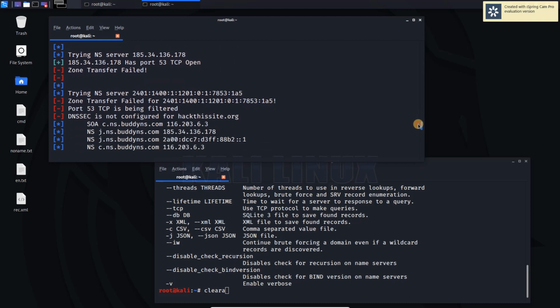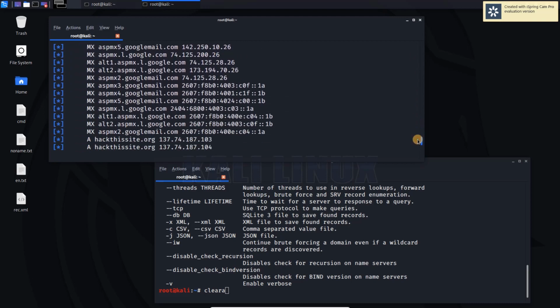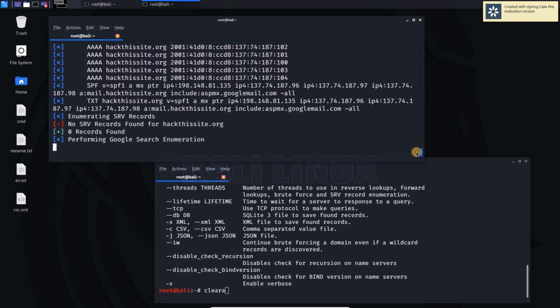So in this way you will be using this tool. Now Google search enumeration is taking place. No service record has been found for this website. We did not use the threads.